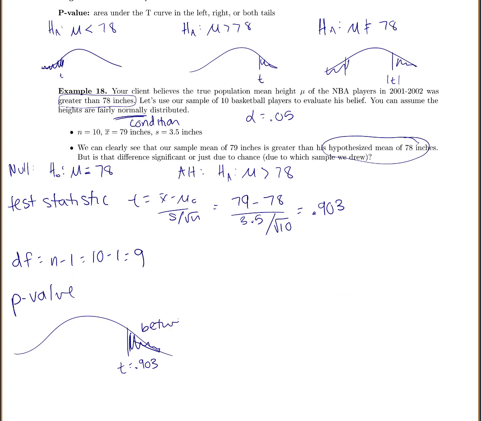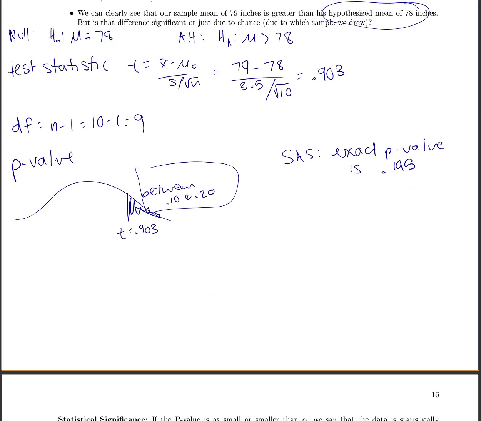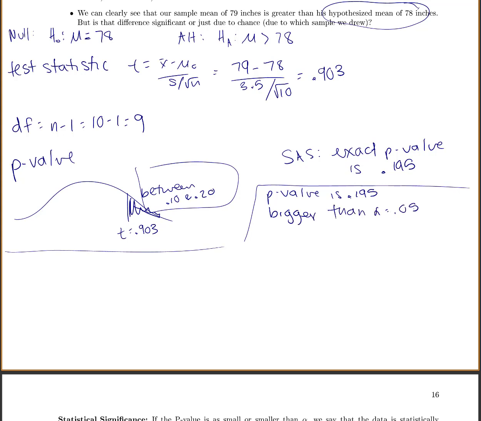So I could say between 0.10 and 0.20. Okay, so I can use SAS to find this exactly. So for our p-value, we could just say it's between 0.10 and 0.20, or if I use SAS, I can say the exact p-value is about 0.195. So that's our p-value. So if our p-value is 0.195, is that bigger or smaller than alpha 0.05? That's going to be bigger than alpha equals 0.05. So we're going to fail